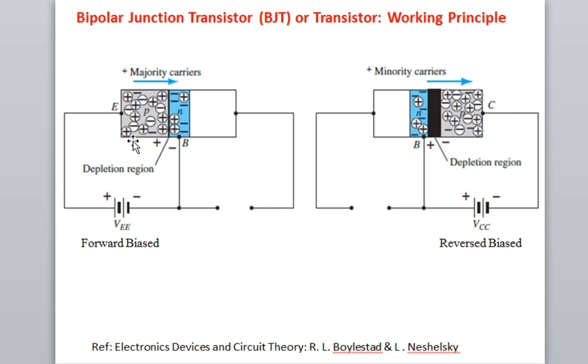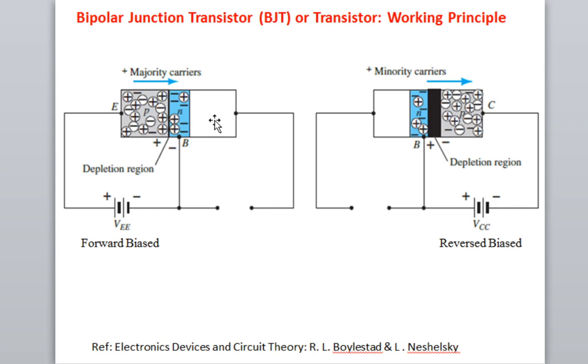Remember, there is a basic rule that there is a junction between emitter and base, and this emitter base junction should always be in forward bias. This battery is known as VEE, the emitter base voltage, the emitter power supply, and the emitter base junction should be forward biased. You see the plus of the battery is connected with the P type, and this is PNP. I have taken the example of a PNP transistor.